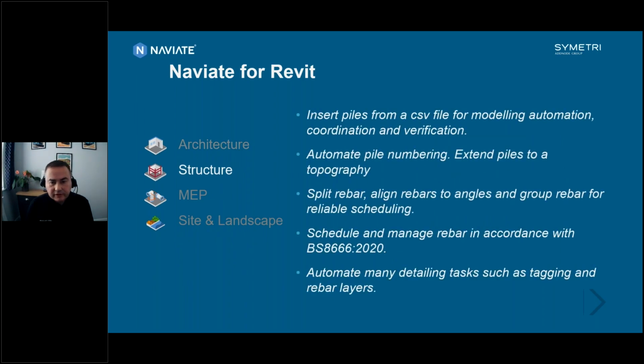With the structural product, again, tools specifically aimed around structures, so works alongside Accelerate. So don't forget, you always get the Accelerate tool set with these as well. And yeah, we can create piles based on coordinates from a CSV file. We can automate all of the numbering, extend them to topography, and then work with all the rebar as well, get all of that sorted out, schedule it according to standards, and just automate a lot of the laborious tagging